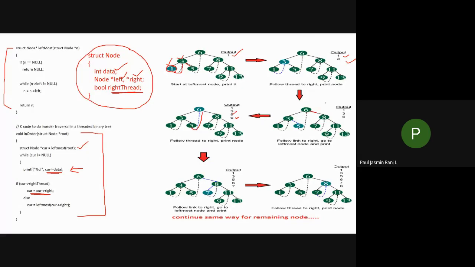After this, what happens? Again, I have to look at the right side. For this right side, see here, I have a left side. I'm not having a null value. Only if you have a null value, I'm going to return. If I don't have a null value, it means I have to traverse this one till I reach a null value. Only when your left child is null can you print that particular child. Otherwise you have to go to your right node.